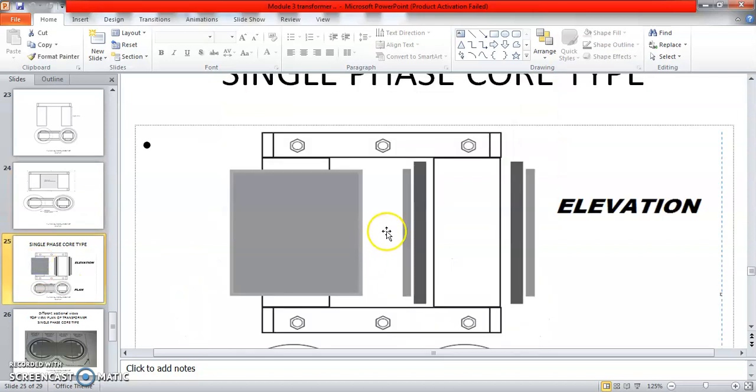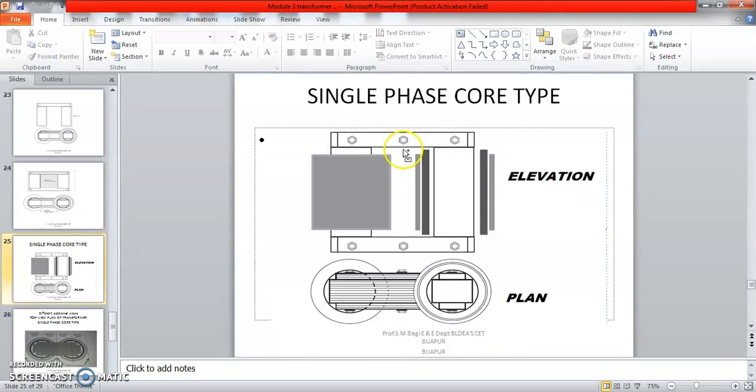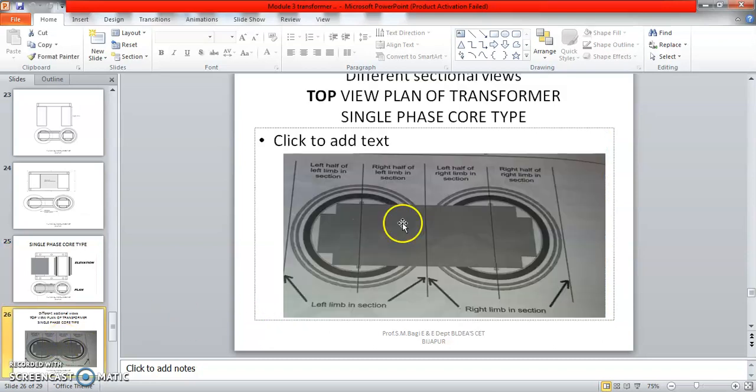Here they have specified a half section. Half sections we have also discussed in the AutoCAD sections. Along with this, the nuts and bolts and all they have given. This is the elevation section, this is the plan section, this is the total height of the transformer, this is the core height, this is the yoke height. This is the horizontal cut section, this is the vertical cut section. So if, for example, they specify half sections, how to analyze?